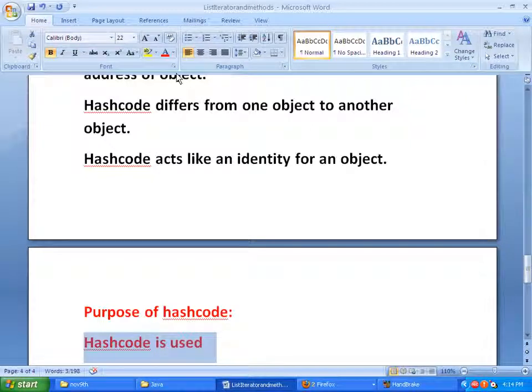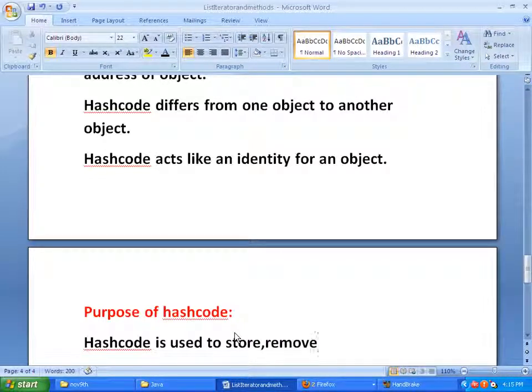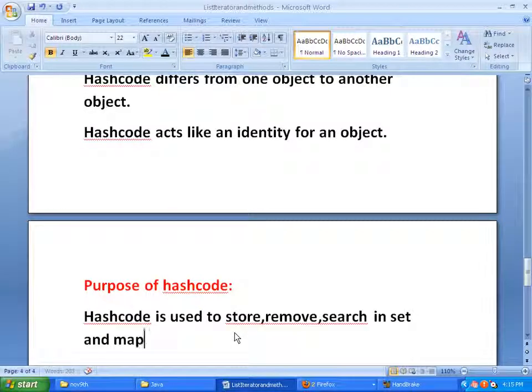Hash code is used to store, remove and search in set and map collections.